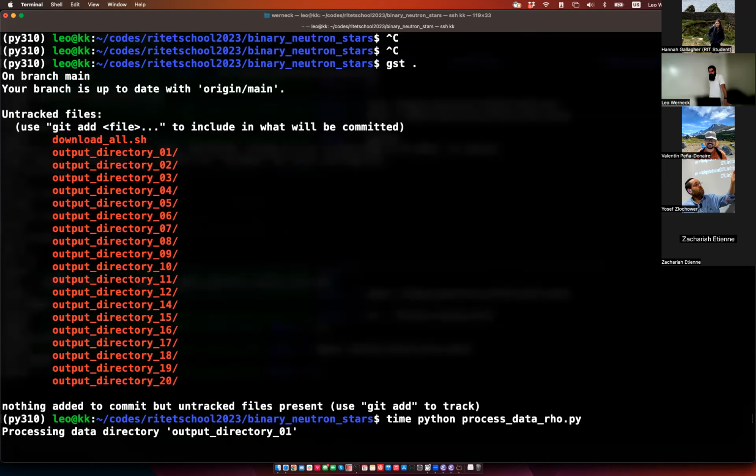So for each directory, this is the thing that you would have to change if you actually want to use this particular script, right? It tries to find all the directories that are named output_directory_something, sorts them, and then goes into each directory and reads in the HDF5 file with Kuibit and then performs the interpolation. Why is it not